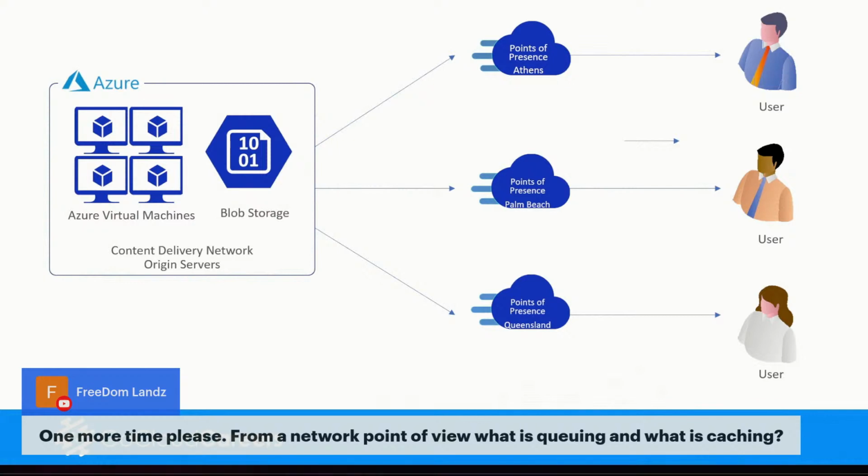So caching for, say, a website or a content delivery network. Here we've got the user, Dimitri. Dimitri is over here in Athens, Greece. Dimitri goes to a website. It's not there, so it gets sent to the origin, which is, let's say, in Palm Beach, Florida. Palm Beach, Florida actually answers, stores the information into the point of presence in Greece, and then sends it back to the user.